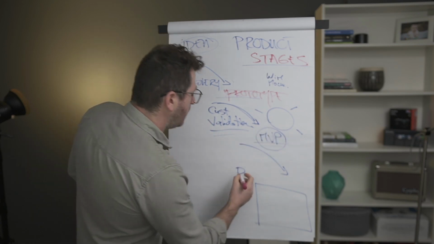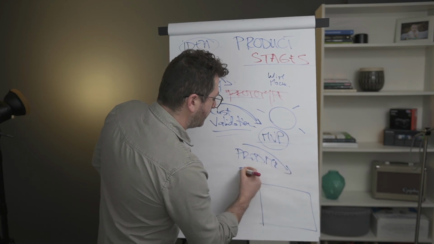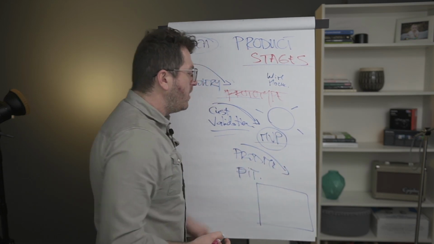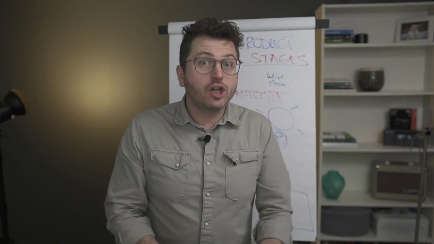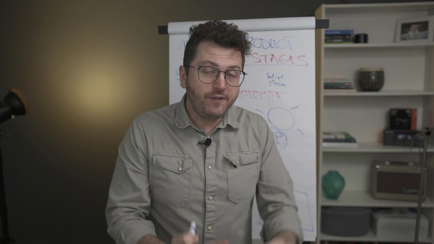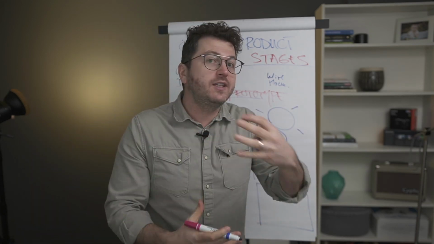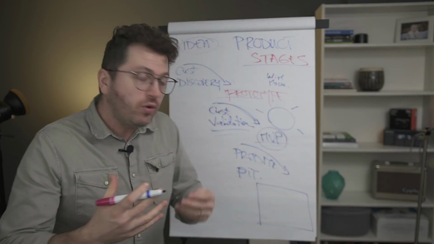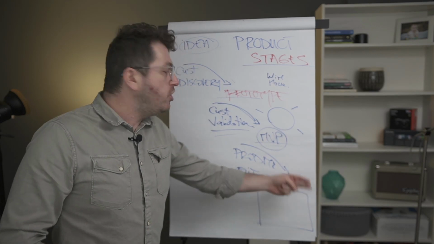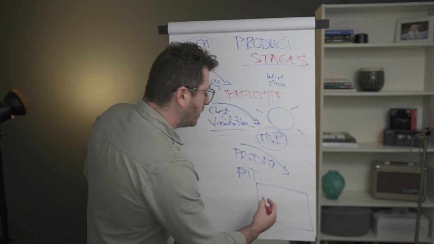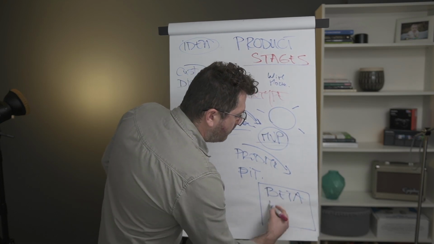Now the next stage here is called product market fit. After your MVP is complete, you're starting to build the actual product and you're putting features in it. You're still going through build, measure, learn cycles. You get more users. You're starting to get all this traction, and the product market fit ends when you got your product into a stage, in a beta,